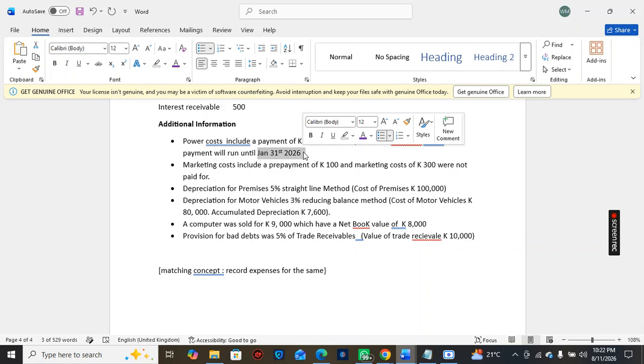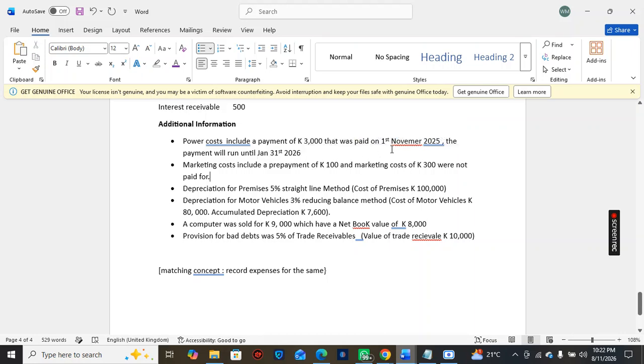The expense that goes into 2026 is going to be regarded as a current asset. Because remember, prepaid expenses, which you pay for in advance, are regarded as current assets. Because if something should happen, you might ask for your money back and you can be given it. So first things first, we need to know, this payment is running from 1st November to 31st